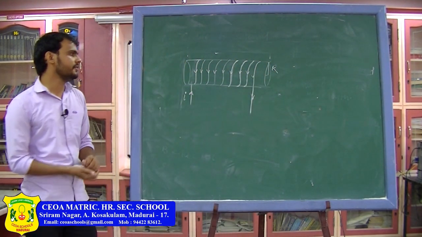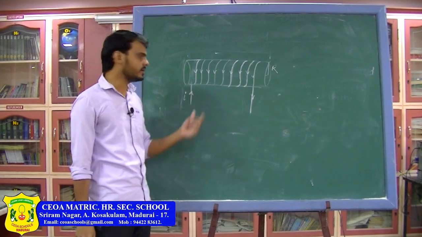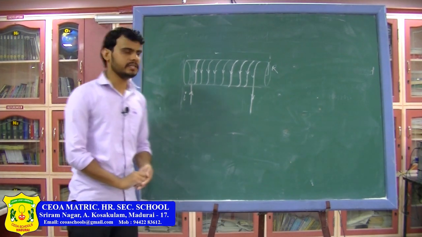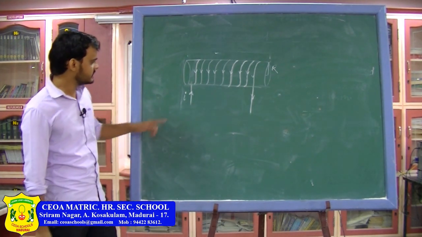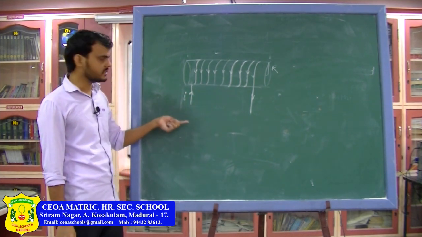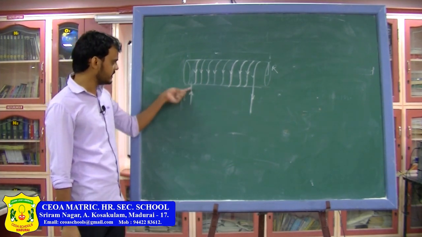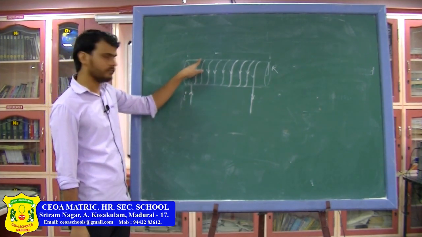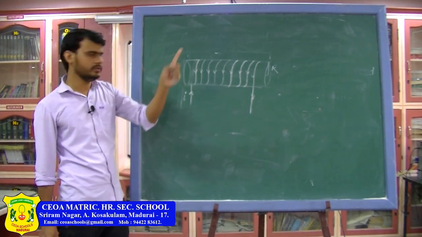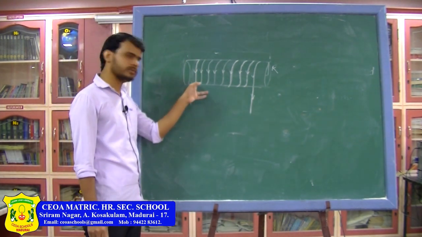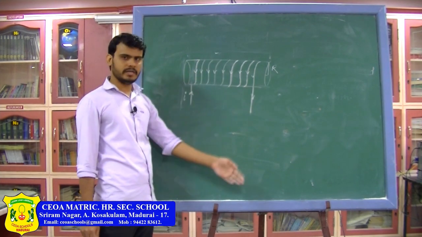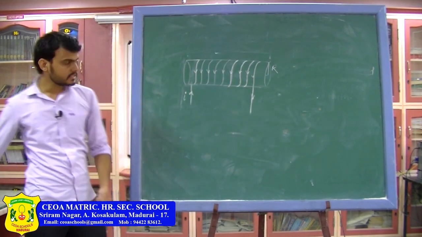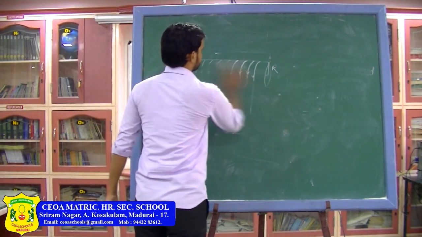Now we are going to find out the magnetic field due to a solenoid using Ampere's circuital law. Before we start, you have to imagine this. If I see the current is going up, then from this point the current is coming out, and at this point the current is going in. So if I cut the solenoid in half like this, you will see some structure like this.